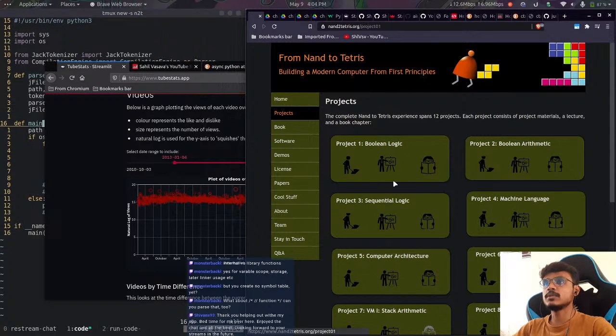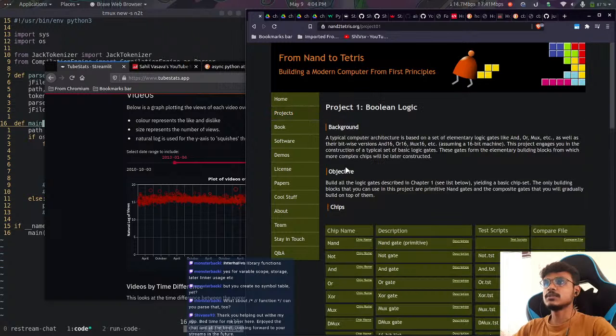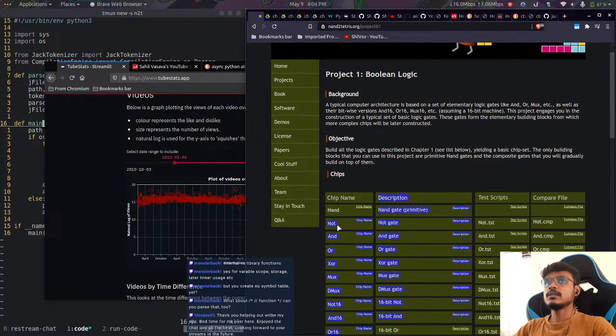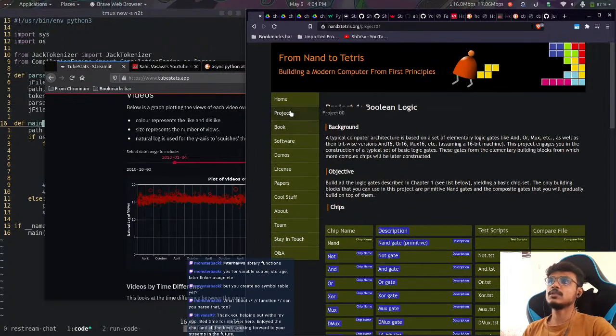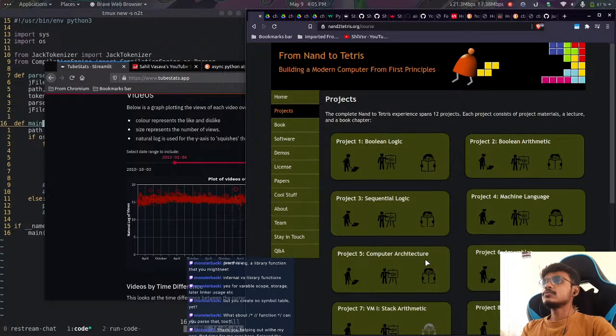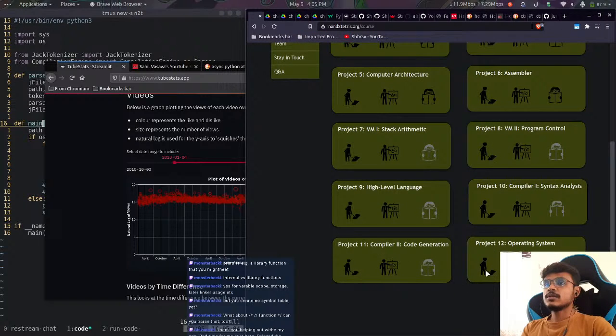First of all, we built, let me show you, we built these gates, Nand, not, and so on. Well, we were given Nand, but I built all of these other gates, and I didn't build the physical hardware, but I built using a simulator. Yeah, so in the last part of this course, the operating system, I need to build a print function as well. But for now,